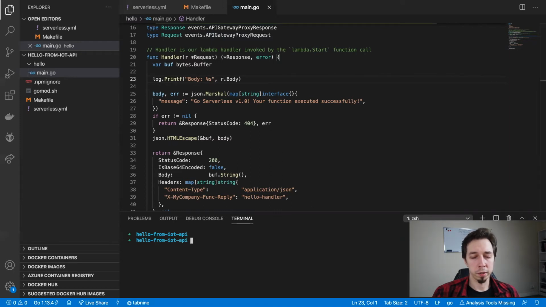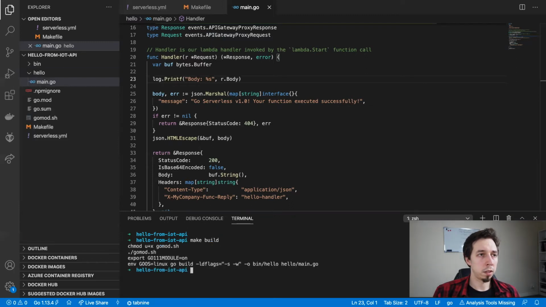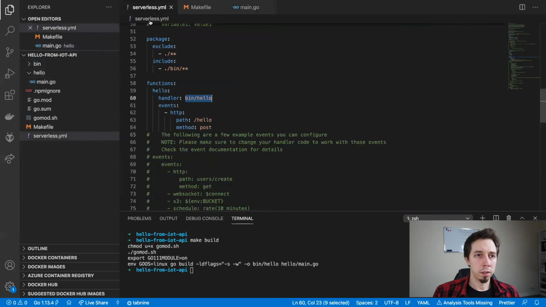You don't need to specify any environment variables here to deploy. What is needed is make deploy. However, I'm going to do make build first, just to show you that make build creates a bin directory with the binary for hello that is used as a handler in here. Okay, now I'm going to do make deploy,